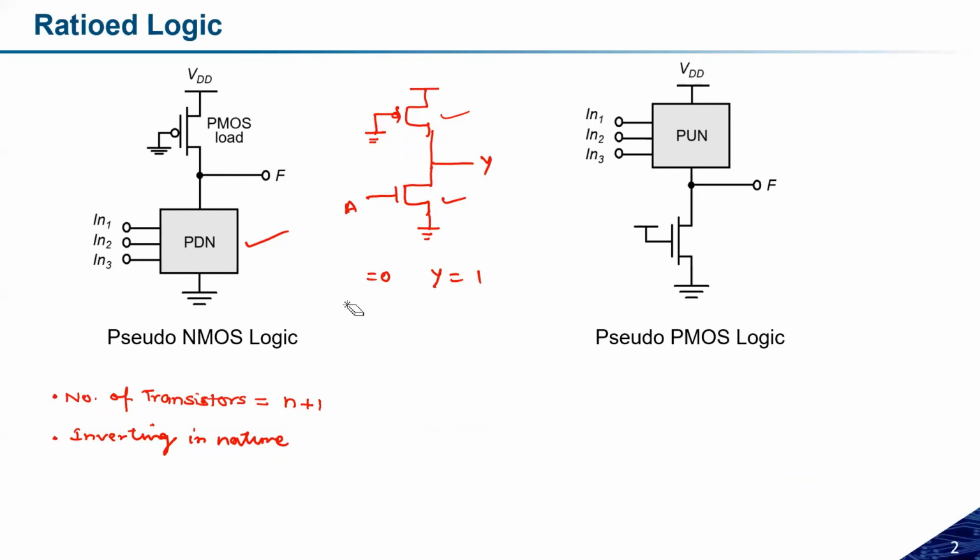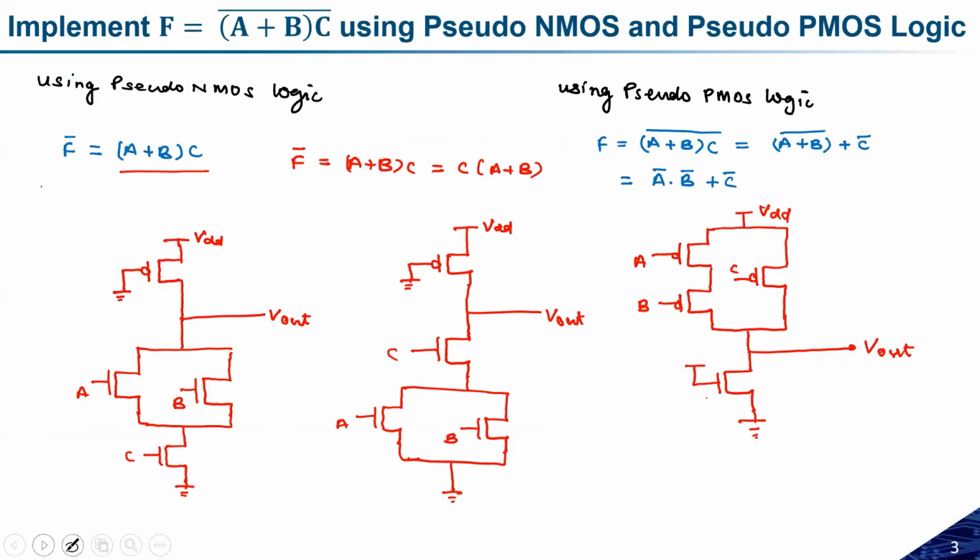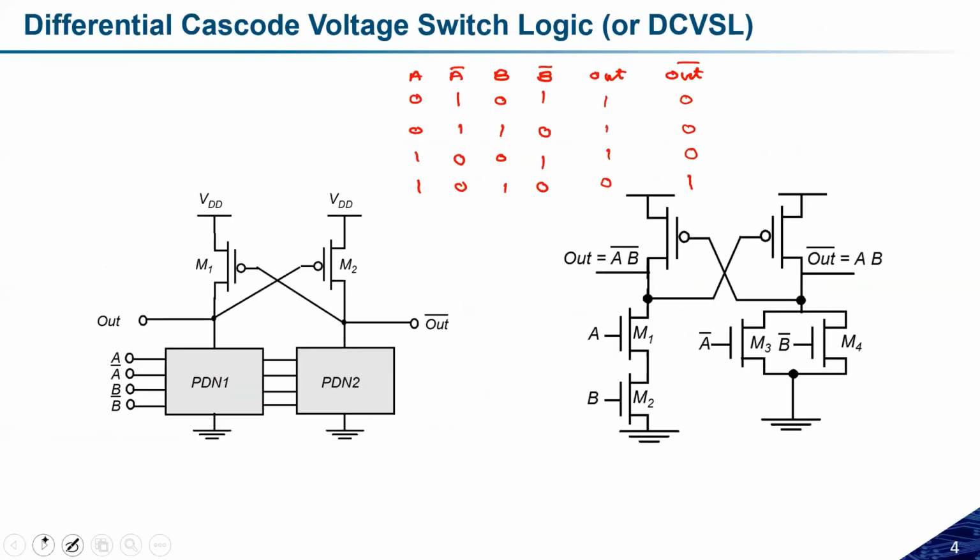And sir, in that cascade circuit, are we using the same number of transistors, right? Yeah, so in the cascade one, we have doubled the transistors. But the benefit is that we are getting two different kinds of logic. We are getting the AND gate and the OR gate, so we can save.